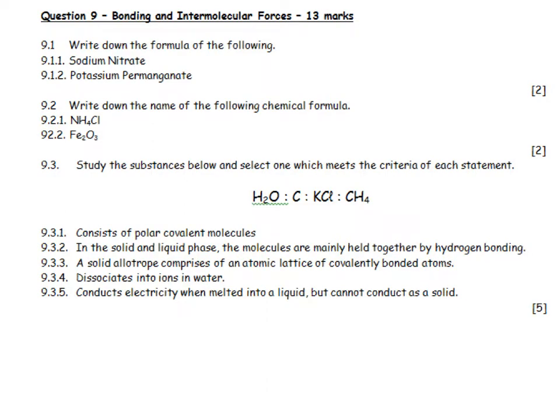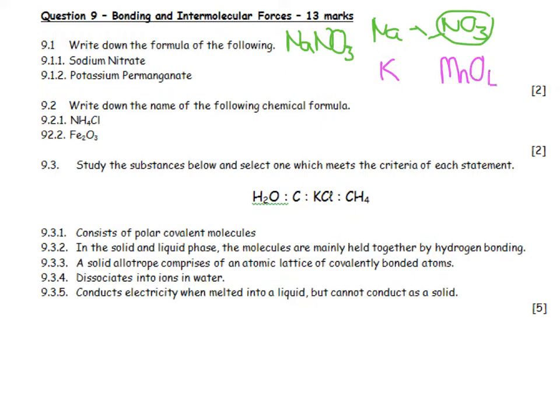Write down the formulae for the following. Sodium nitrate: Na is sodium, nitrate is NO3, it has a valency of 1, and therefore the formula for sodium nitrate is simply NaNO3. Potassium permanganate: K, potassium, and permanganate is MnO4 with a valency of 1, and potassium is